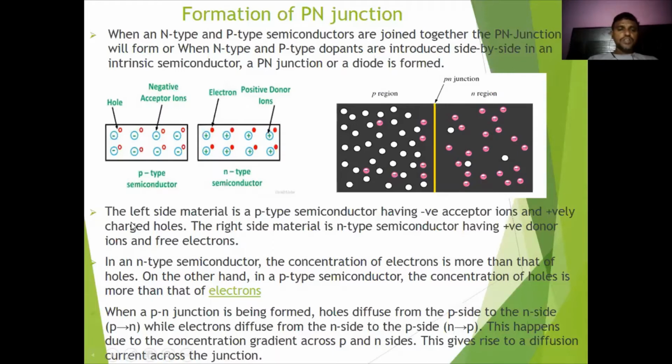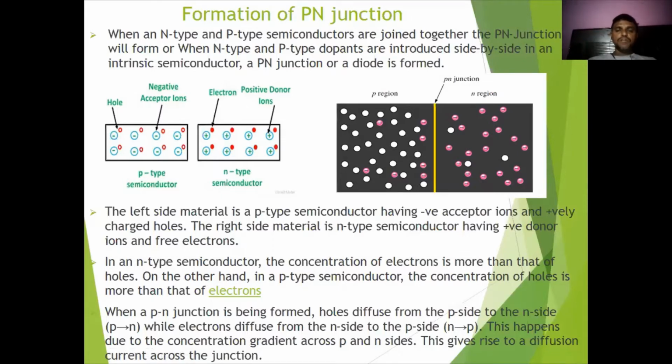You can see here the left side material is a p-type semiconductor having negative acceptor ions and positively charged holes. But the right side material is an n-type semiconductor having positive donor ions and free electrons. Some minority electrons will be there in the p-type semiconductor. In the n-type semiconductor we also have minority holes, the minority carrier concentration, because of the temperature increase,